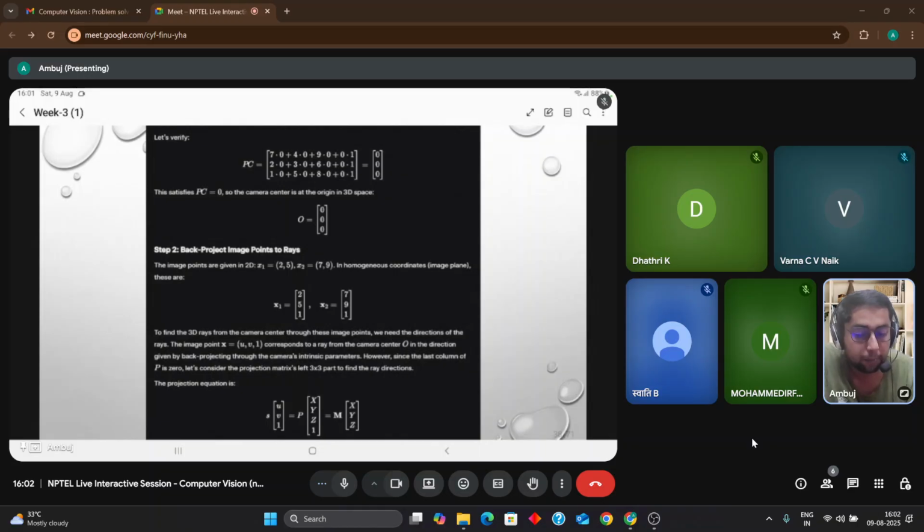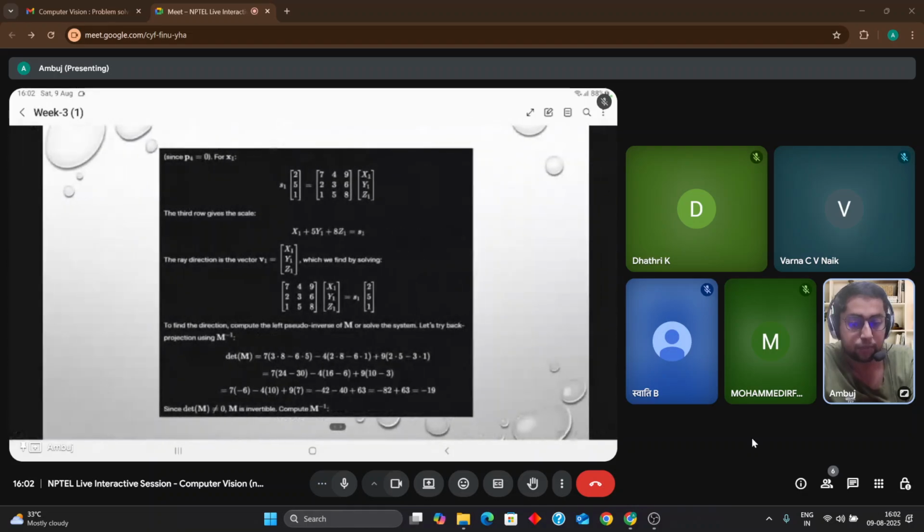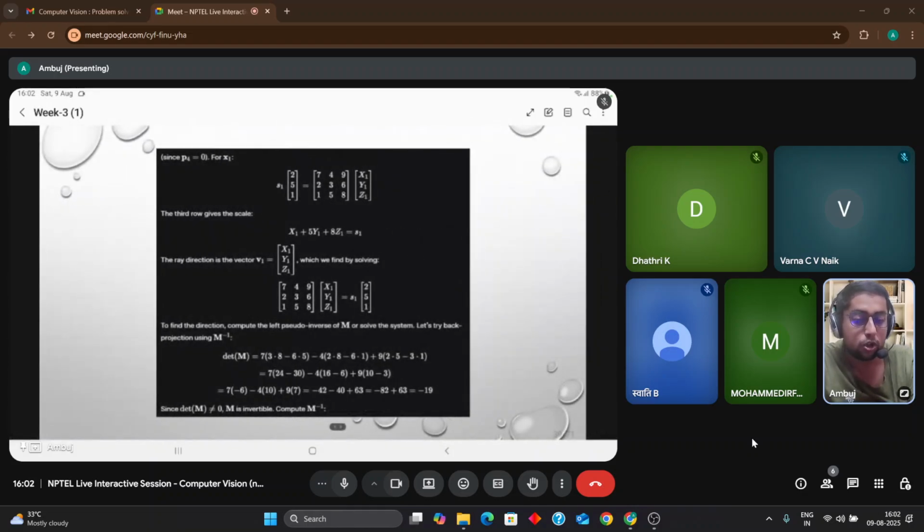We need the directions of the ray. So the image point X is u, v, 1, as already taken. The projection subspace will be S multiplied by u, v, 1 equal to P multiplied by x, y, z, 1, equal to M multiplied by x, y, z. Since P4 is 0, you try to calculate for X1, V1, and